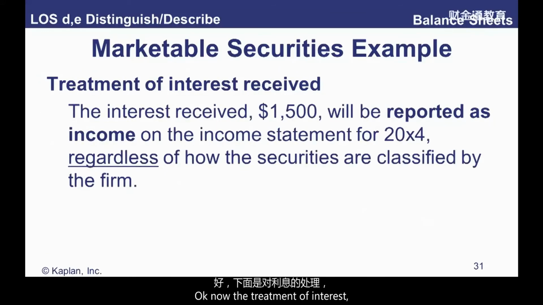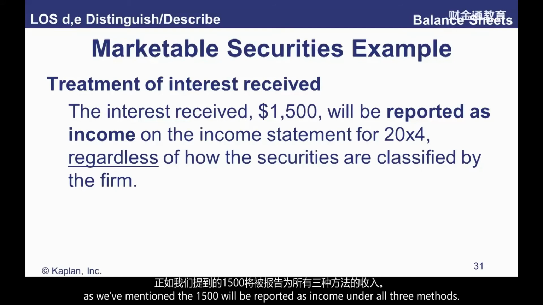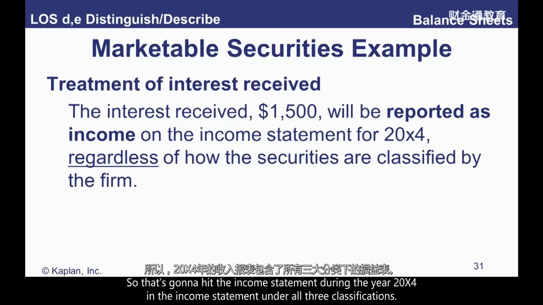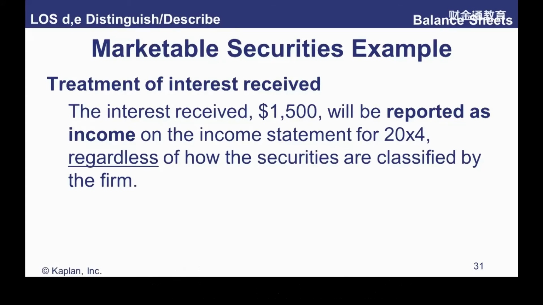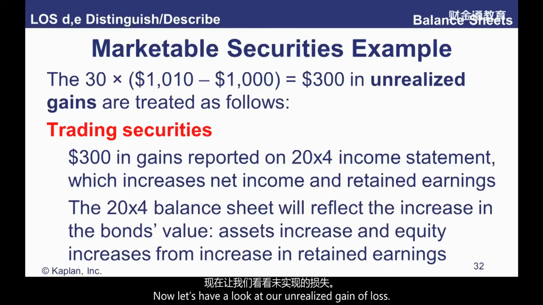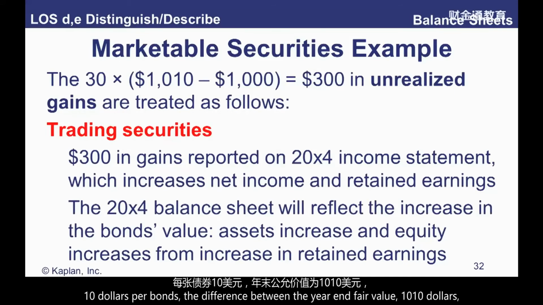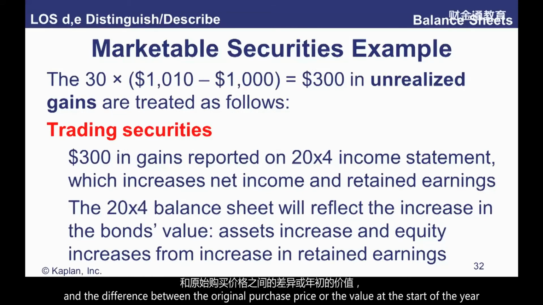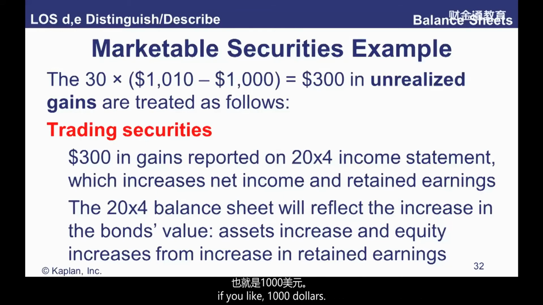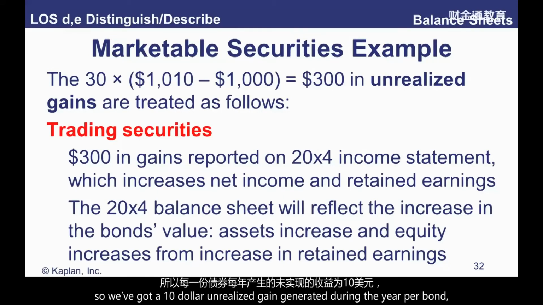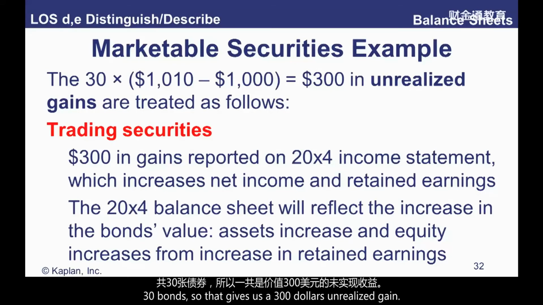Okay, now the treatment of interest, as we mentioned, the 1,500 will be reported as income under all three methods. So that's going to hit the income statement during the year 20x4 under all three classifications. Now let's have a look at our unrealized gain or loss. $10 per bond, the difference between the year-end fair value, $1,010, and the original purchase price, or the value at the start of the year, if you like, $1,000. So we've got a $10 unrealized gain generated during the year per bond, 30 bonds,